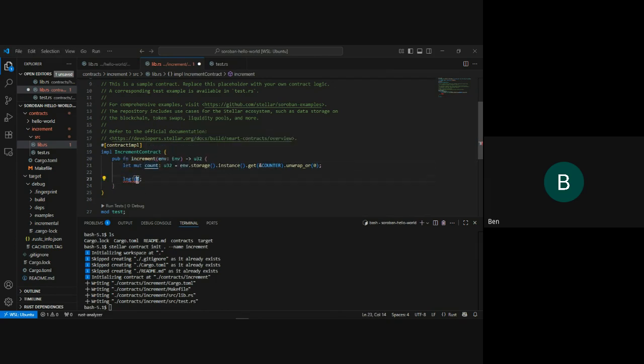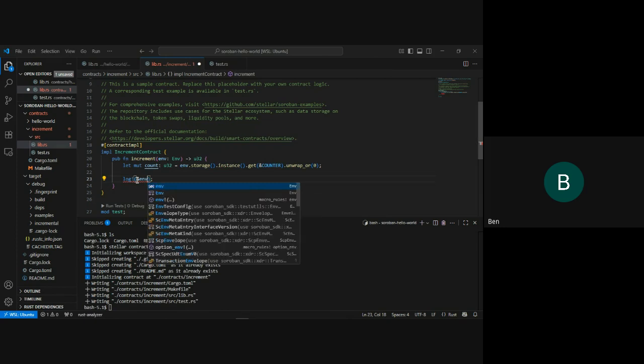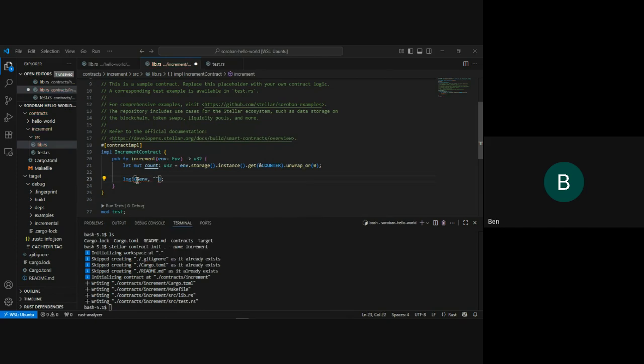Now here we want to see what's going on. Since we're using a parameter, we want to get what is in the environment. We're going to do this again, the env, and we're going to print out